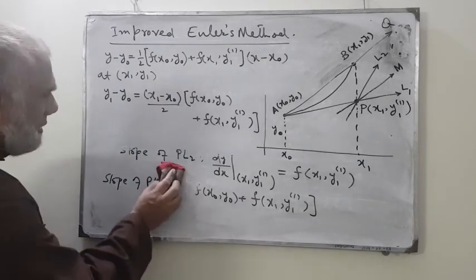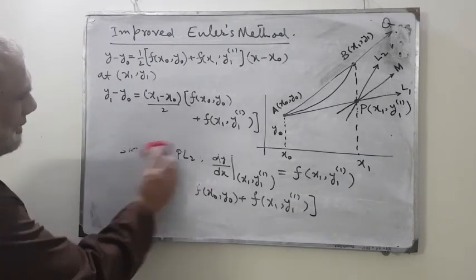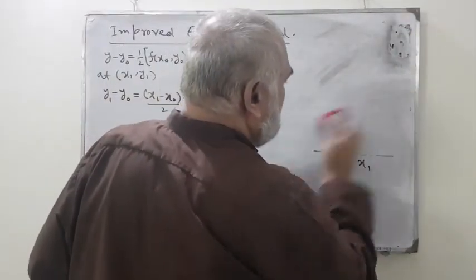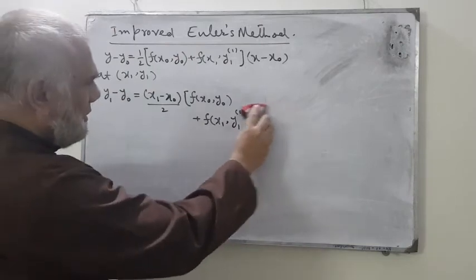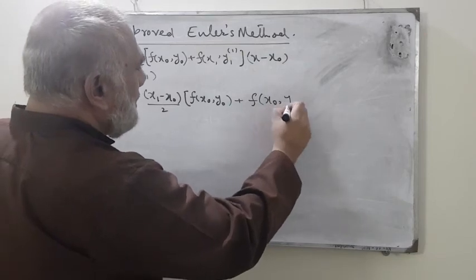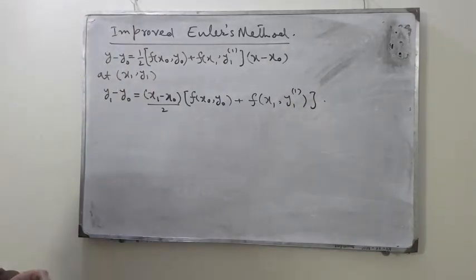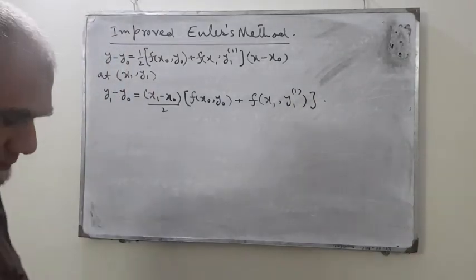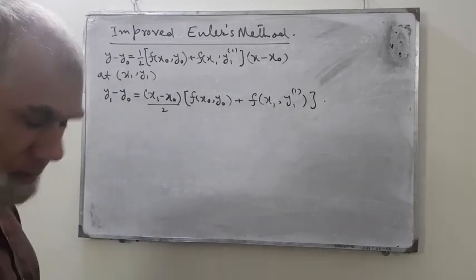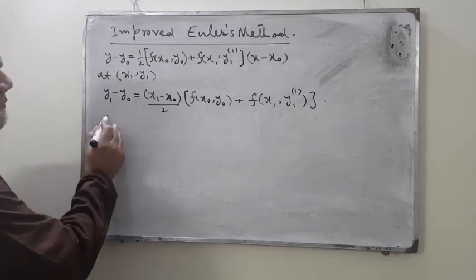So after doing this, we have already written down a result we shall be using later. Let's see what it is. I just shifted to here, plus f of x1 and y1,1 like this. So this is the result we obtained so far. Now further, if we simplify it, we get y1